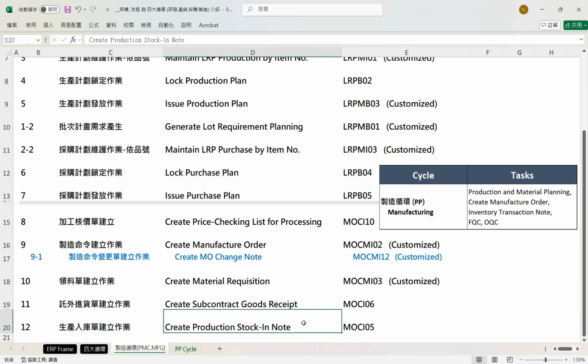If it's an in-house manufactured work order, it's through the Production Stocking Note creation operation, the Create Production Stocking Note program, that the qualified semi-finished or finished goods quantity produced by the work order is put into stock, allowing it to be used by the next level work order or to fulfill orders created by the sales unit. Completing the entire production to shipment process. The program code is